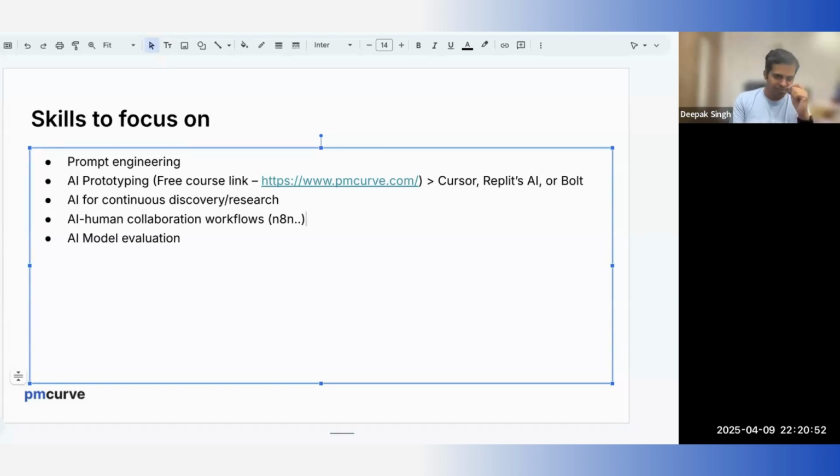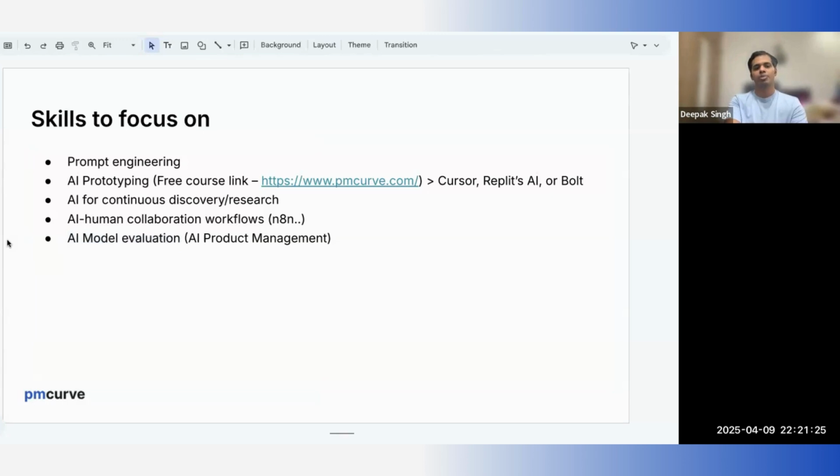So definitely understand this. And finally, if you are done with the first four, then and only then focus on how you evaluate an AI product. How do you evaluate an AI model for a particular use case? Now, this definitely falls in the purview of AI product management, but I don't think only people who are managing and building AI products should learn how to evaluate AI products. This is one sub-segment of AI product management, but every PM should know how to evaluate AI products or AI